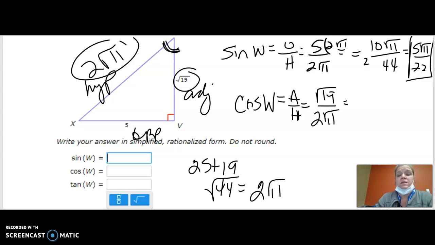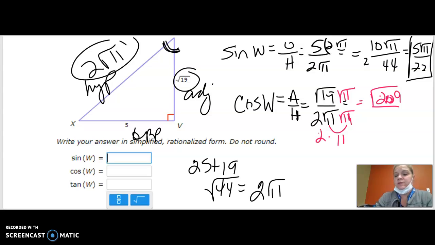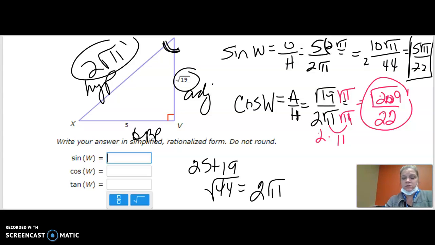If not, then you can't have the square root of 11 on bottom, so you're going to do the bottom by square root of 11 and the top by square root of 11. 19 times 11 is 209. That is not going to simplify any because 19 is prime and 11 is prime. The square root of 11 times the square root of 11 is 11 times 2 is 22. And then, if I can squish this,